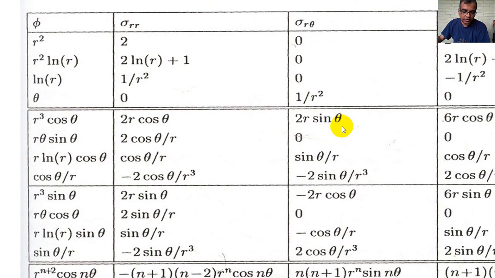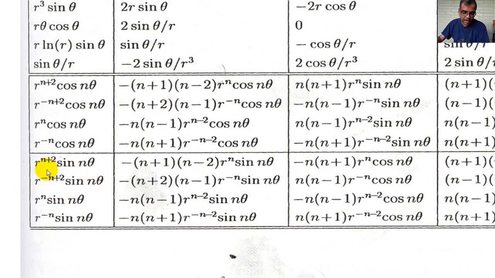Okay, so all you have to do is, it's just like going to Subway. You can say I want to have a little bit of r squared log r and then add r theta sine theta and then go up here and maybe you add r to the minus 6 sine 4 theta, something like that. And you'll get a nice Airy function. The corresponding stresses you just add up. So it is just like going to the deli, picking up whatever you want and you'll get an Airy stress function. That's all you have to do. Everything reduces to just looking for boundary conditions. Okay, I'm going to do a couple of problems to show you how to do this.